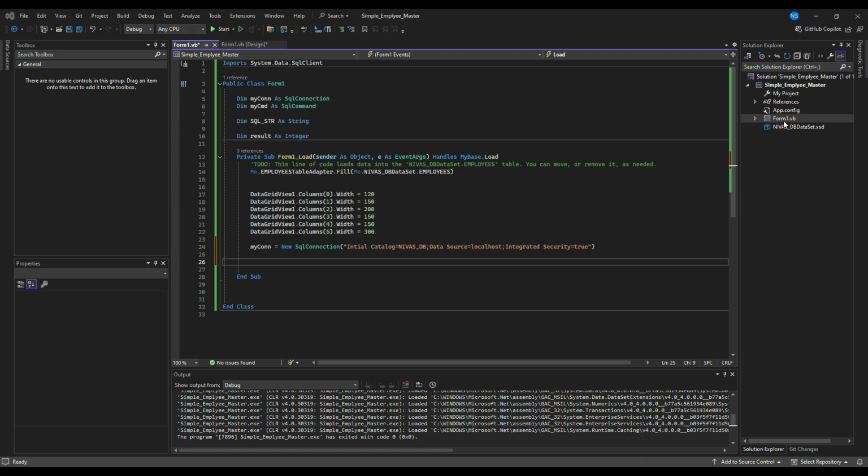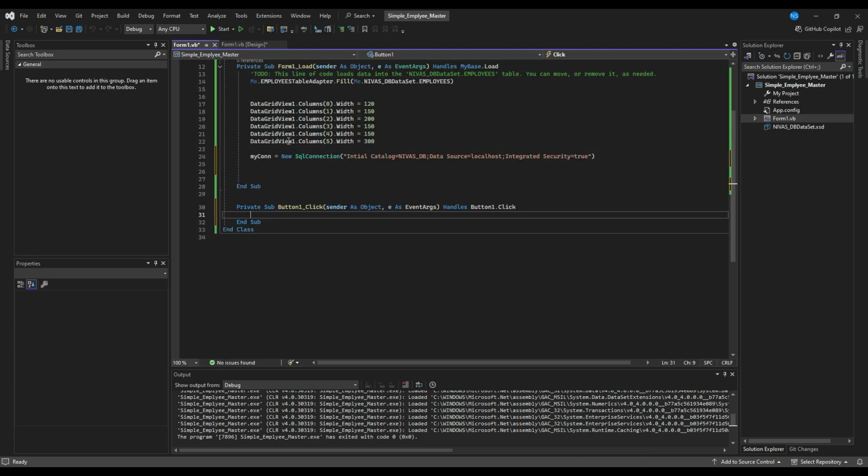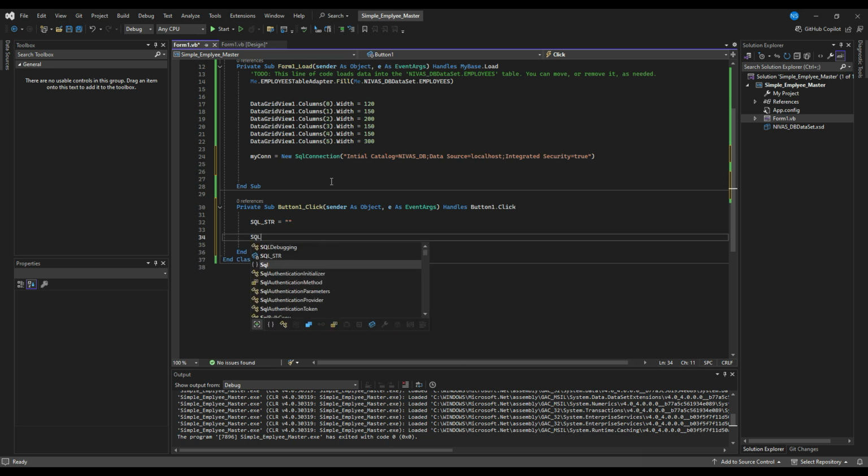The next part would be coding the add record button. Okay. So I'll just double click it so that we can write our code for the add button. Now first we'll build the SQL string. So already we have defined it, right? So I'll just define it as null before I use it. Now SQL str equals to, within double quotes, insert into employees values of,